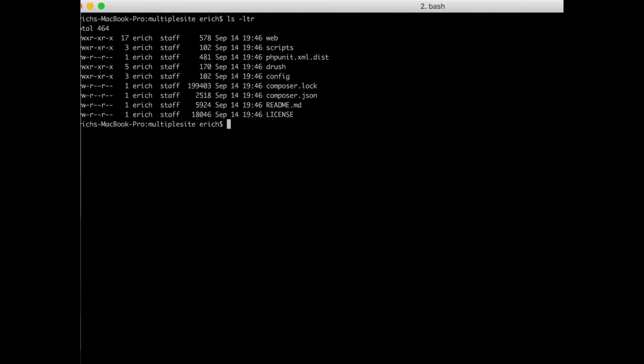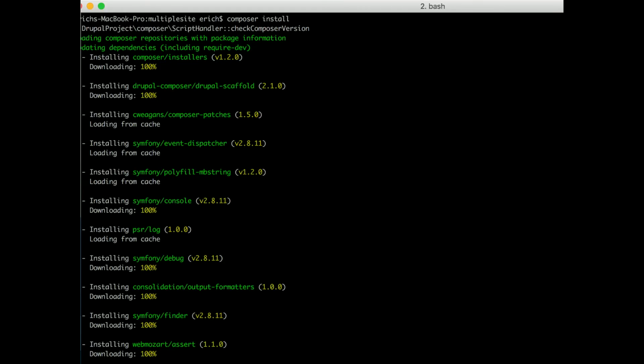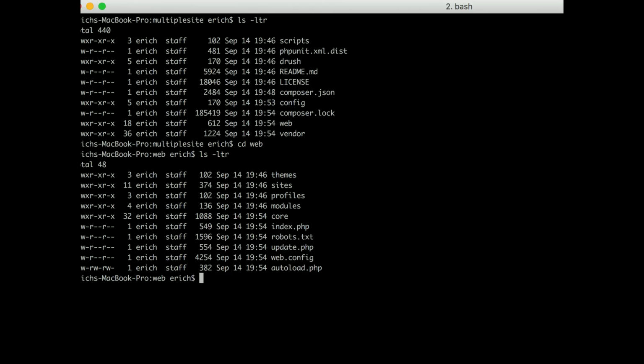So this is what a bare checkout looks like of a modern Drupal 8 repository. You then go and you run your Composer install, and it does this sort of thing, and it goes on forever and ever and ever, even if you only have a few dependencies. And then you get, well, it looks like this. So above, that's again bare, and then below, Drupal core has already been pulled down, and your vendor directory is now filled with all the Symfony stuff and everything else that is a dependent library, modules,